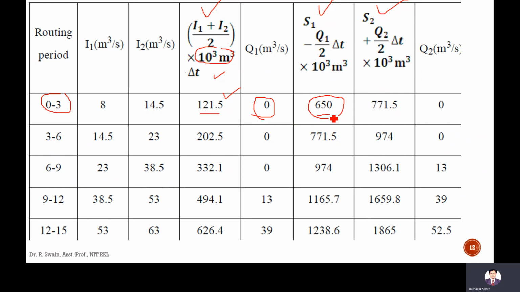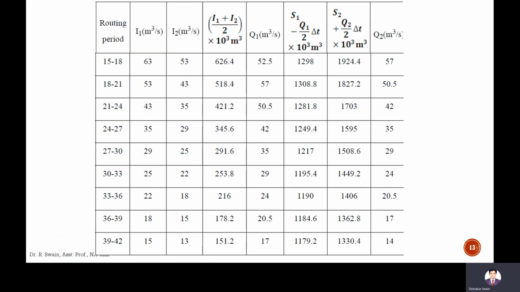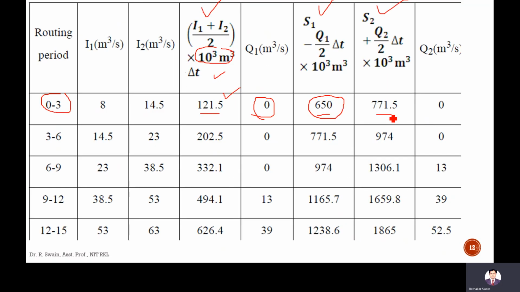121.5 plus 650 will give you 771.5. Okay, so now we obtain this value for the first time step, 771. Now what is Q2? 771 is, Q2 will be,